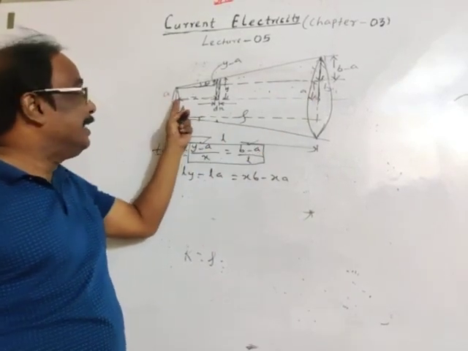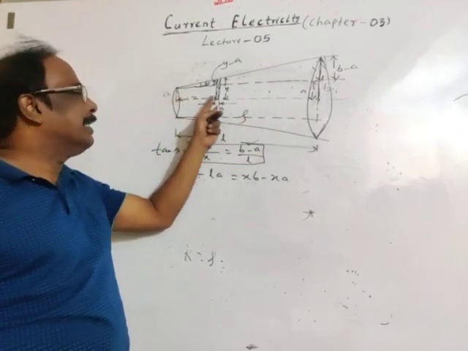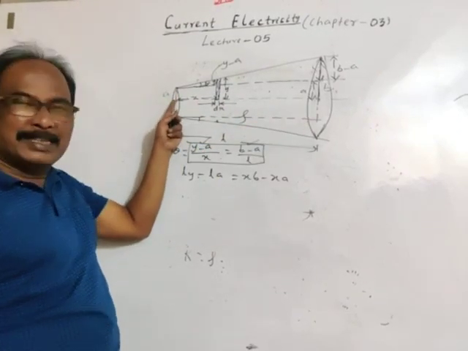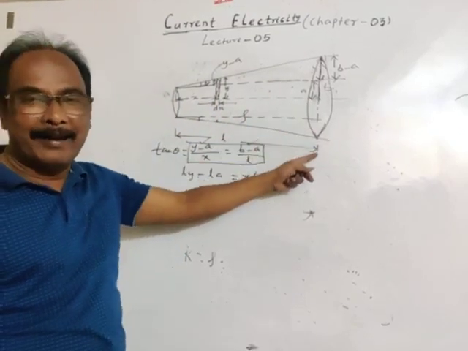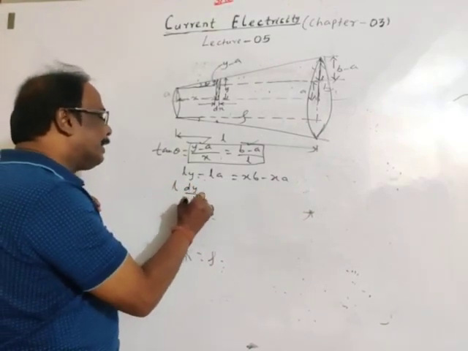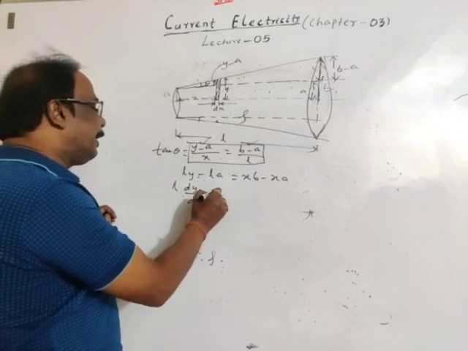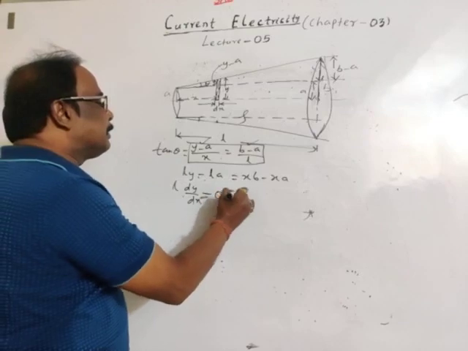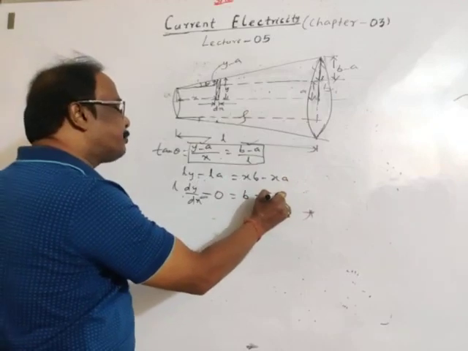Okay. So linear distance varies from 0 to L, and this is any distance x. It means as x increases, the value of x is 0 here, and the value of x is L at the end. So now differentiating both sides, L dy by dx: dy by dx of y is dy by dx, d by dx of L a is 0, L is constant, this radius is constant, then d by dx of x b is b, minus d by dx of x a is a.